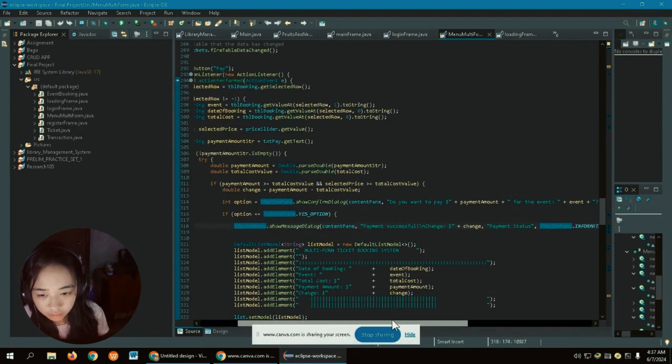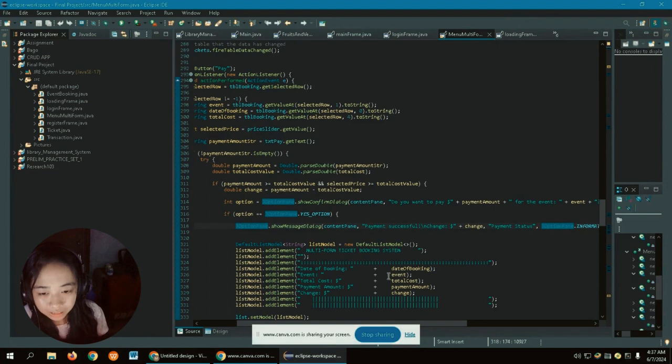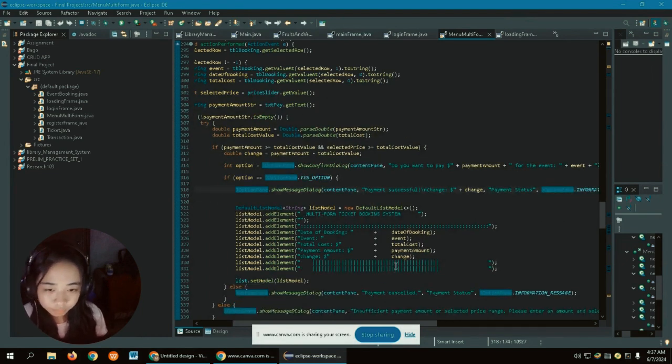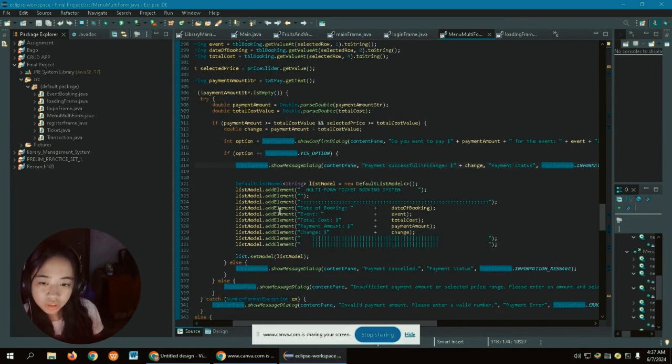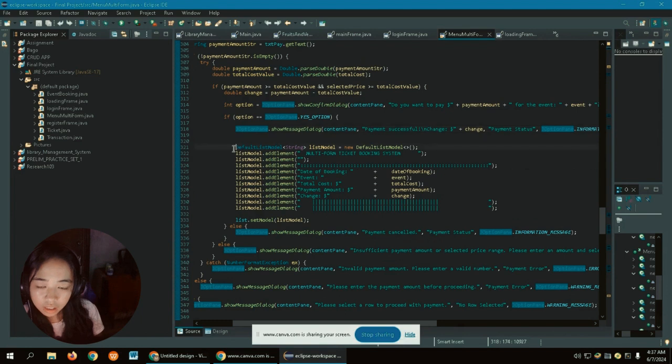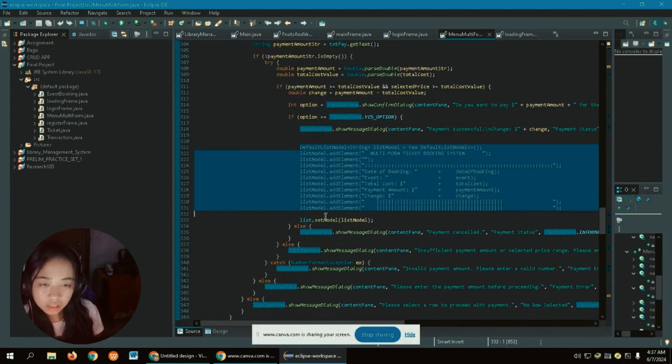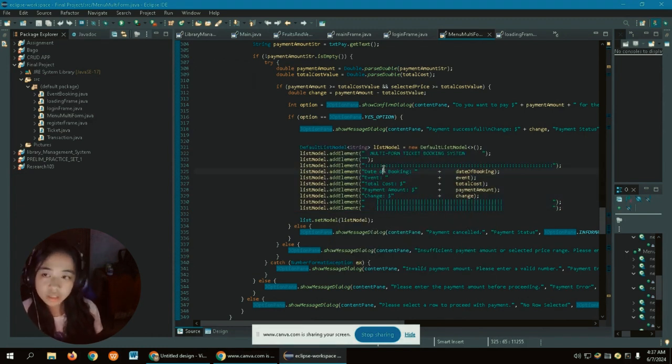And then after that, it will show a default list model. This function here is like a receipt. So it shows the record of the transaction the user has made in this program.